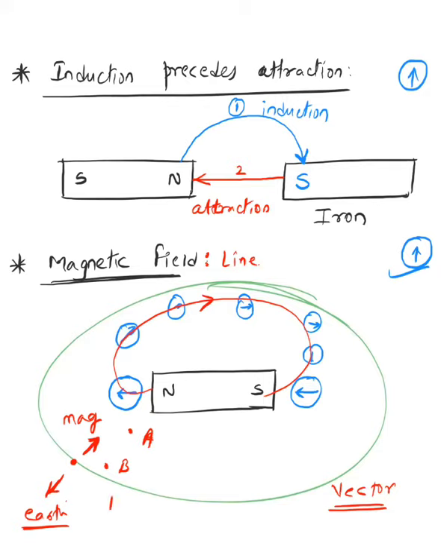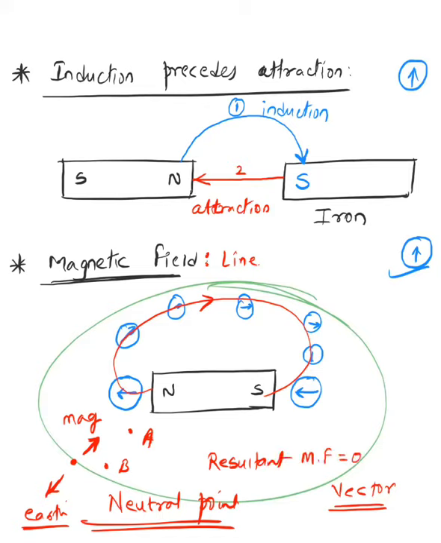And wherever they become equal and opposite, that point is called what? Neutral point. I think you can make out from this word why it's called a neutral point, because there is no magnetic field out here, guys. Or what can I say, what is the resultant magnetic field at this point? Resultant magnetic field at this point is equal to 0. Exactly. It's 0. There is no magnetic field only because it is equal and opposite. Just like, friends are pulling you from the left, some are pulling from the right, but if the forces are the same, you will stay there. And if you're not very strong, both your hands might be pulled apart. Got it, guys? So that is about the magnetic field.